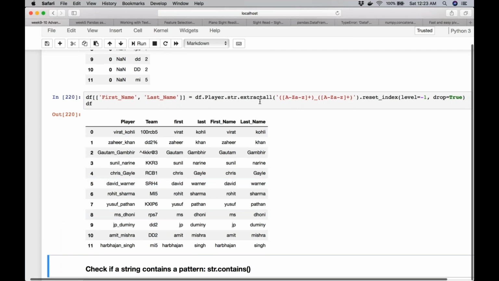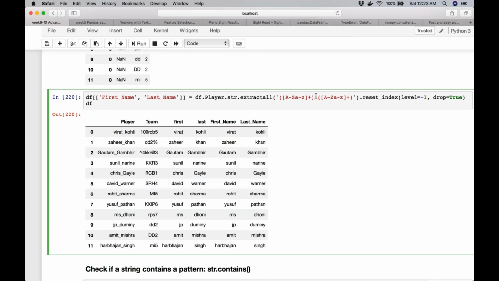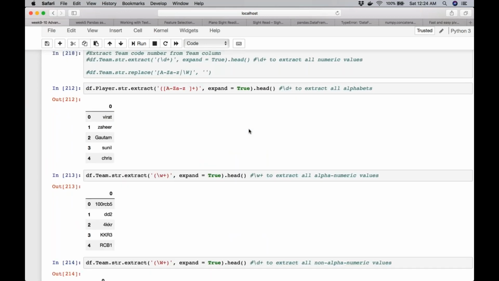Typically, I have not seen people using extract all much. They just use extract and then they use the expand argument, because it essentially is doing the same thing, right? There are multiple capture groups and then it is creating that many columns corresponding to the number of capture groups. So extract takes care of it as such. Is this clear? The string cleaning part?